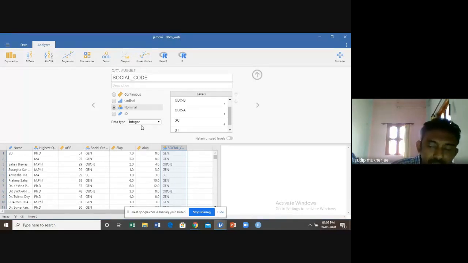In other packages, if you use a text variable, in case of SPSS or in case of Stata, it actually gives you the message that these variables are string variables, and with string variables, SPSS or Stata cannot perform any test. But in case of Jamovi, you can use a text variable as an independent variable or as a factor variable, and you get your results. So this is the beauty of the Jamovi software.